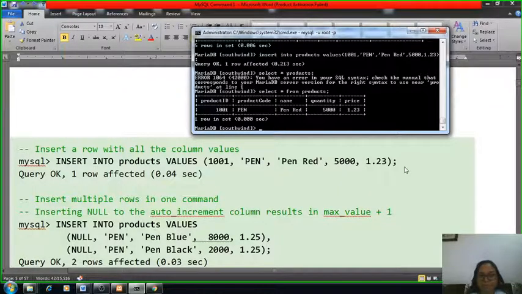Okay, so it is not compulsory to insert the values one by one, or row by row, or tuple by tuple. We can insert the data in a bulk way, meaning we write the insert command only once, and multiple data we can simultaneously insert into your table.